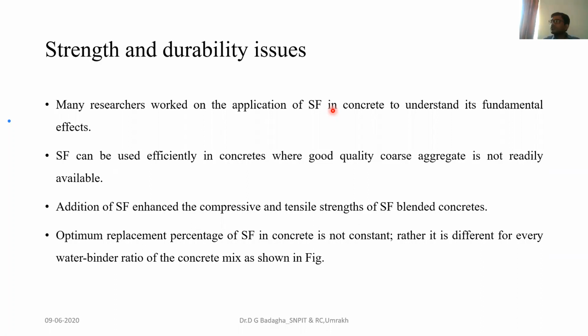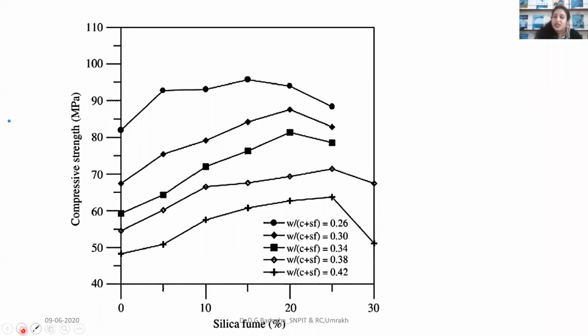Okay, but we can say from our experience that addition of silica fume nanosilica will enhance the different types of strength. And from that graph you can easily understand, here you can see the silica fume percentage and compressive strength. So from that you can understand that yes, it is advantageous. From our research also we can say that it is advantageous, though there are two groups, with few telling that no, it is not advantageous, and few telling it is advantageous. But our group is going with advantageous because the nano part is there, so definitely there are very positive and good results.